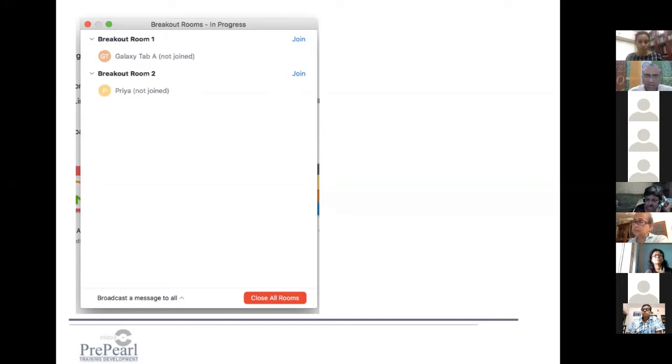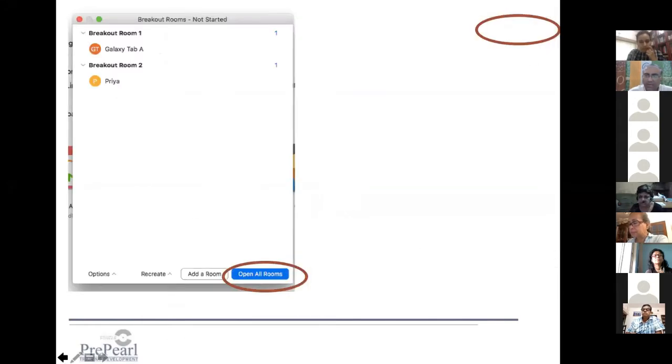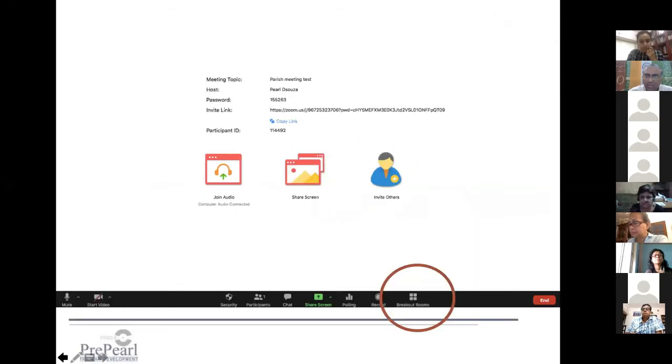Okay, yeah. And one more question: where do you find the breakout room icon on the main screen? Someone was asking that as well. You remember my conversation with you when we were planning this meeting, that on some people's initial screens you don't have the option of breakout rooms down below, and you have to go to the settings and activate that icon. So can you say something about that?